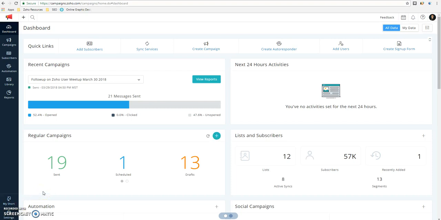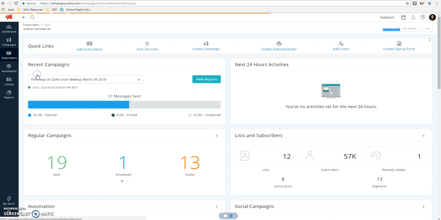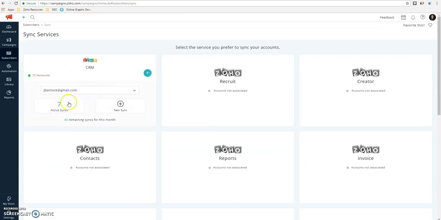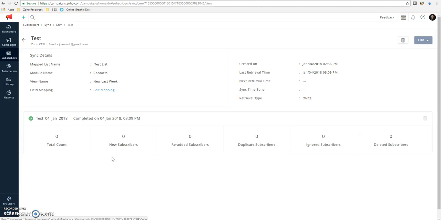I'm going to quickly walk you through Zoho Campaigns, how to add field mappings for syncs that you already have created. So the first thing you want to do is click on Subscribers Sync Services over here on the left. And you're going to want to click on your active syncs that you have going right now. You can click on View Details of the sync that you want to add more listings to or more mappings